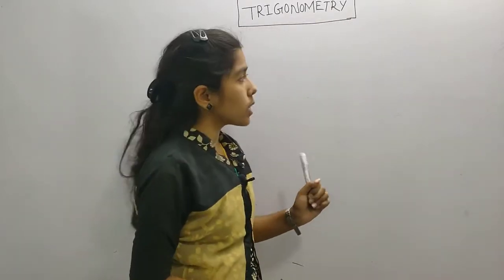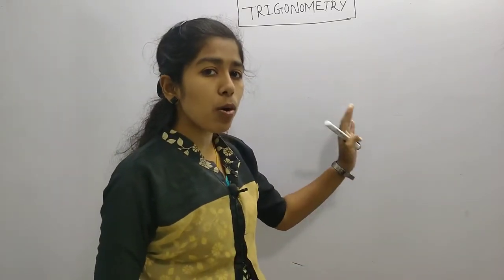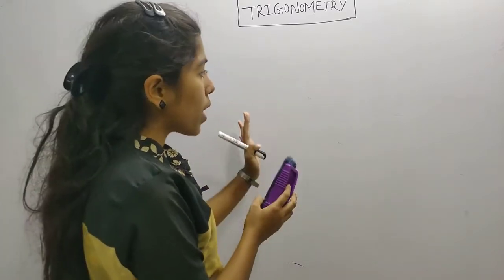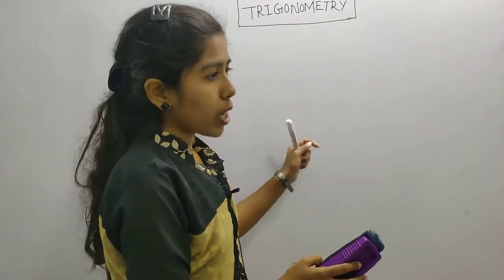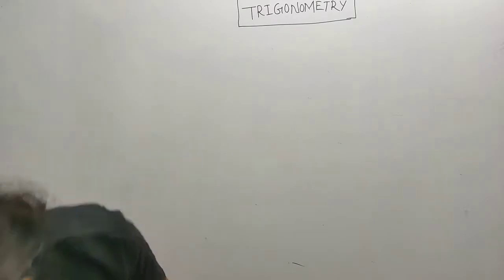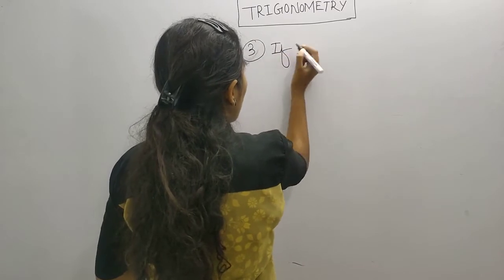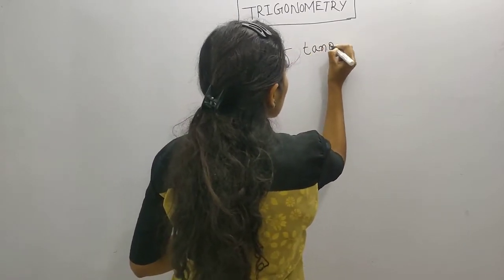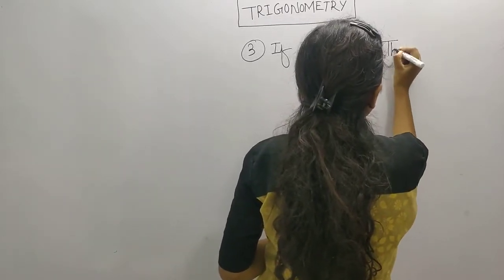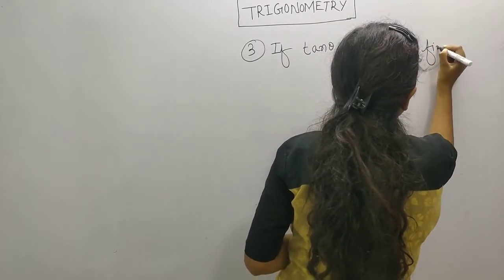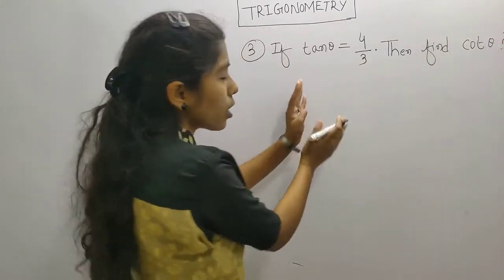This is nothing, simple, only we will revise. See here, previously we learnt about the formulas of reciprocal. Now I am writing these normal questions because regarding this you can also revise the reciprocal and you can also do bit questions. So next, it's third one. If tan theta equals to 4 by 3, then find cot theta. Yes, na?